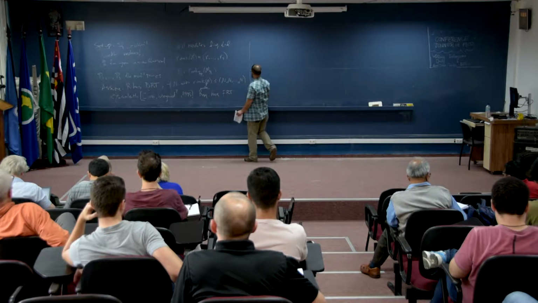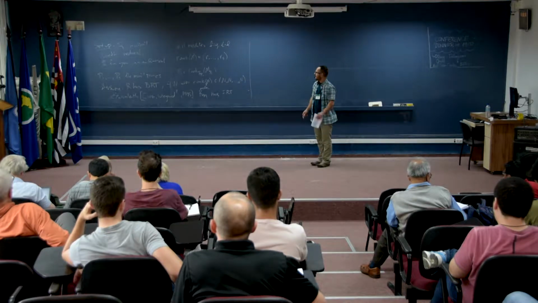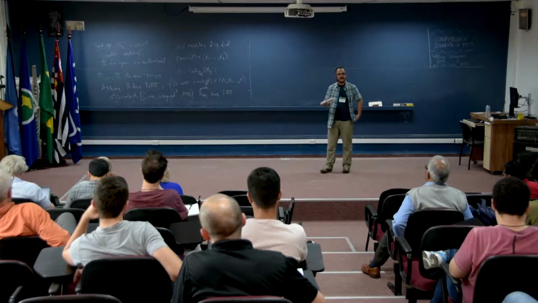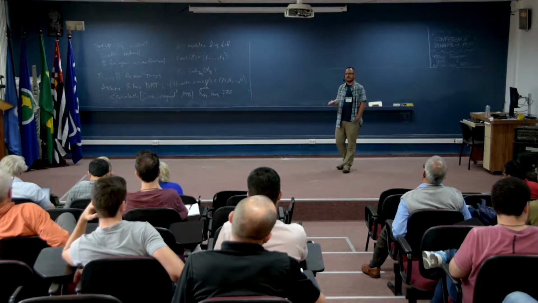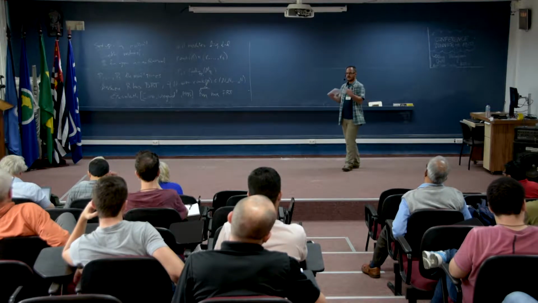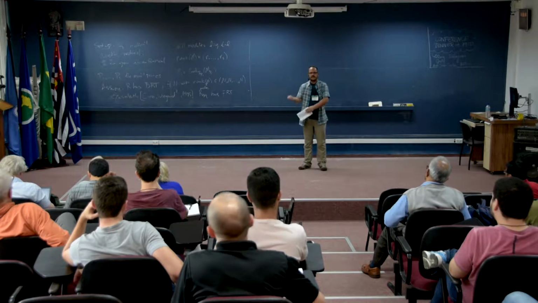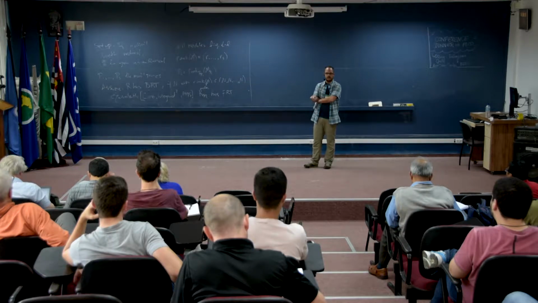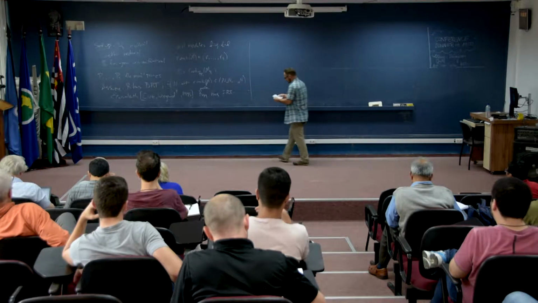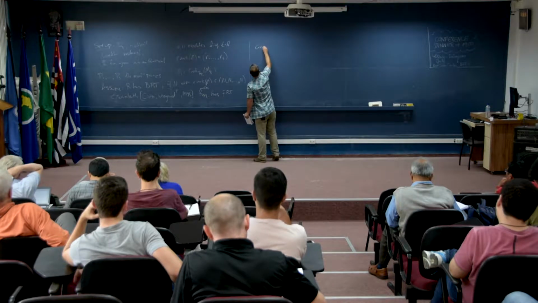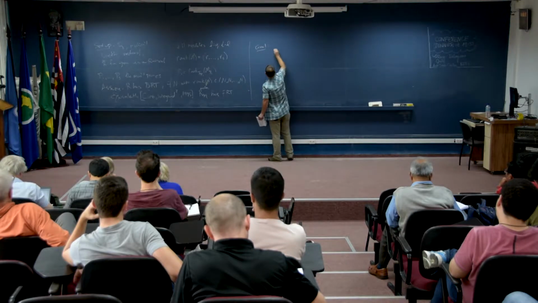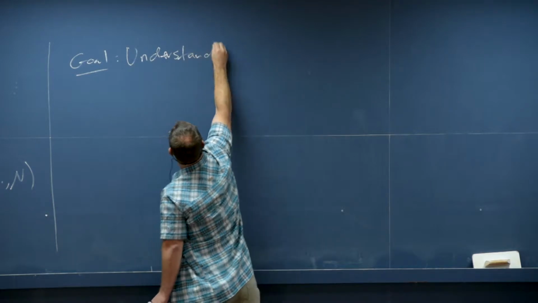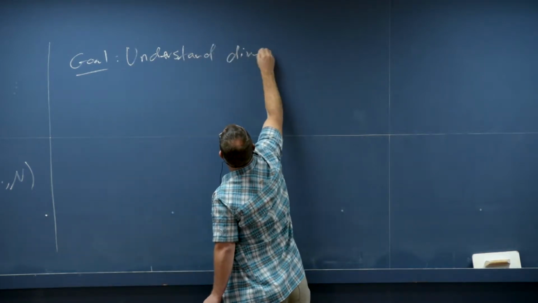After I get the setup, and set up the tools for how I'm going to look at and view direct sum decompositions, I'll first talk about the local setting, and then I'll look at a specific example of some non-local ring. So the goal is to understand direct sum decompositions.